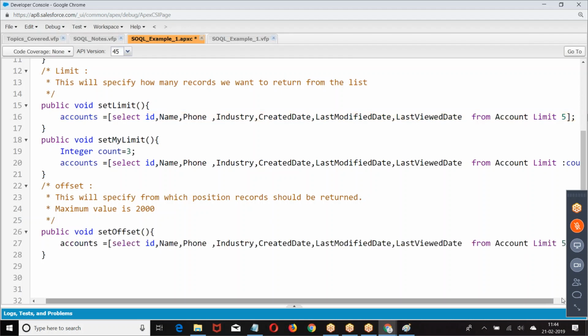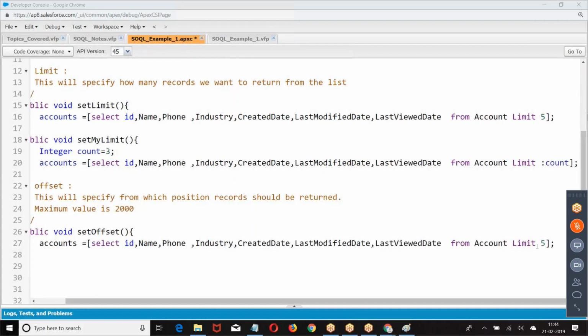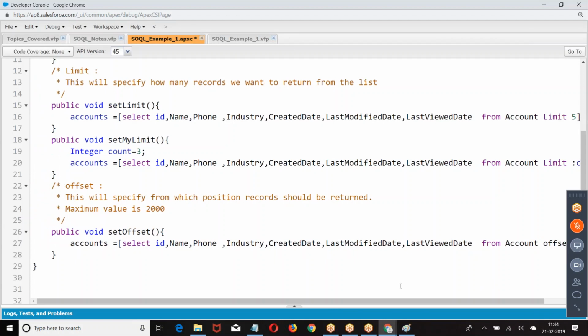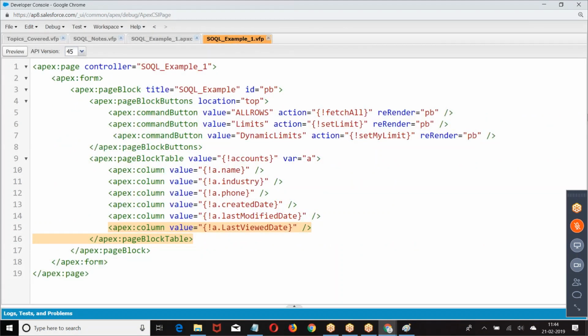So I have given offset 5. When I say offset 5, give me the records from the 5th position.